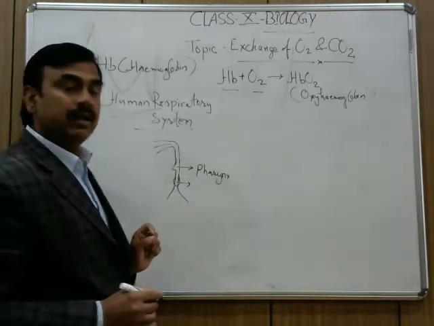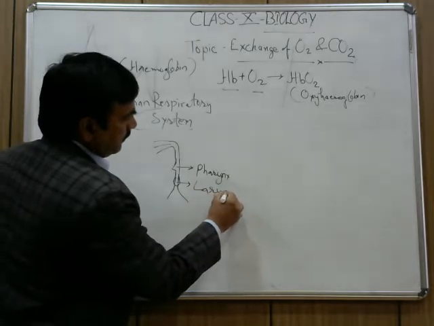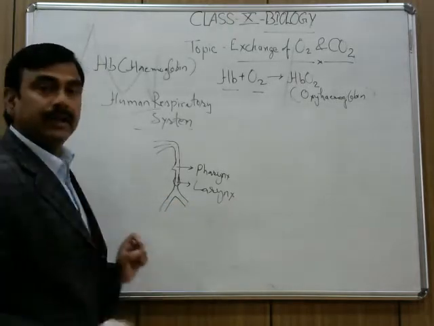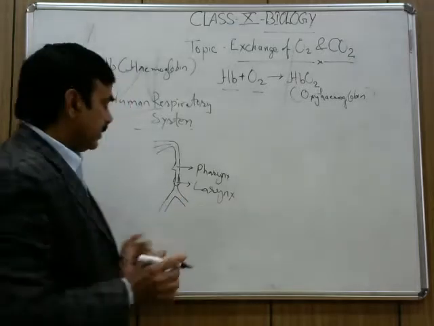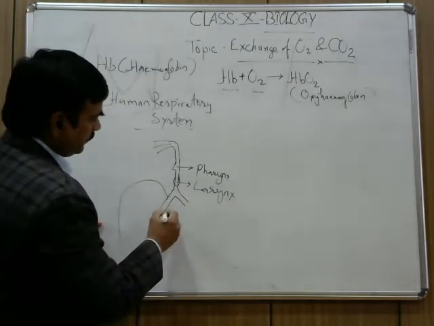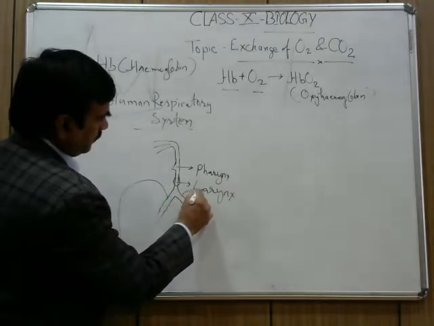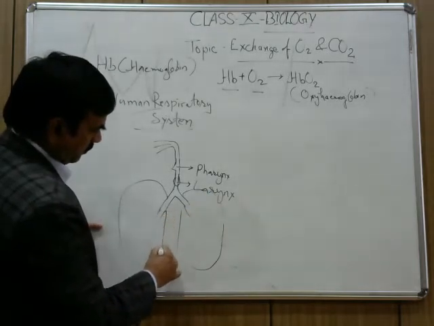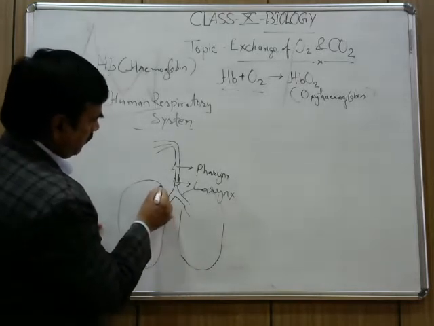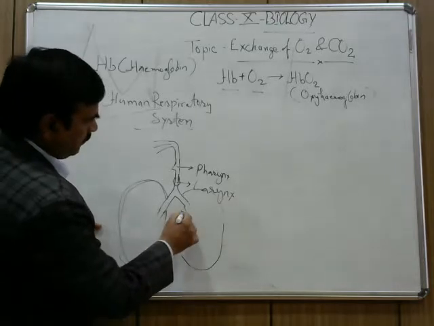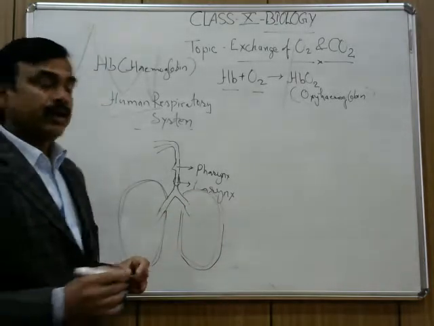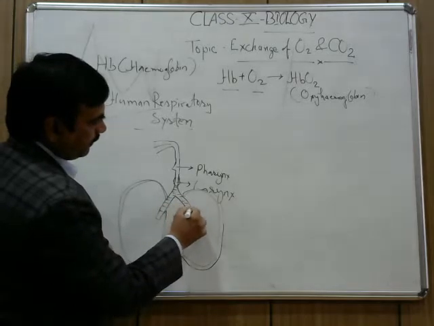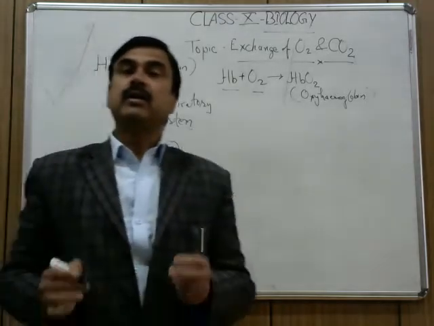After the pharynx, the larynx, and then two bifurcated branches. These two branches are called bronchus,